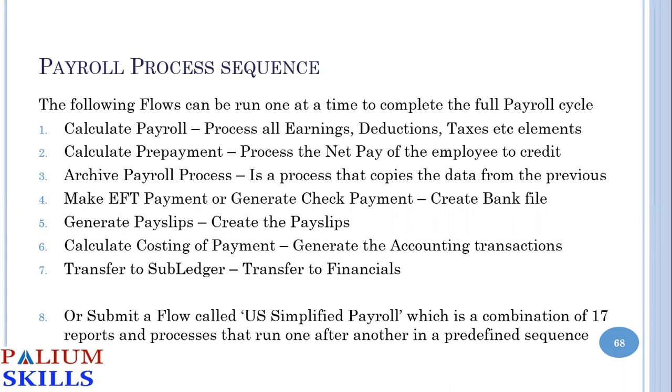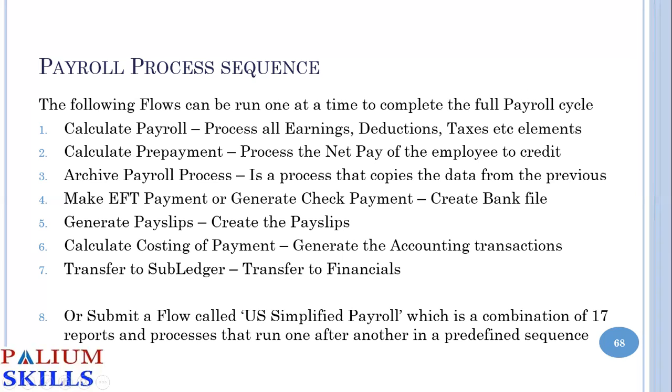Now, all these processes, usually companies will either submit them one by one, which is time consuming, or they can do this number 8 that we have written at the bottom now. You see this right at the bottom? You say, submit a flow called US Simplified Payroll, which is a combination of 17 reports and processes that run one after another